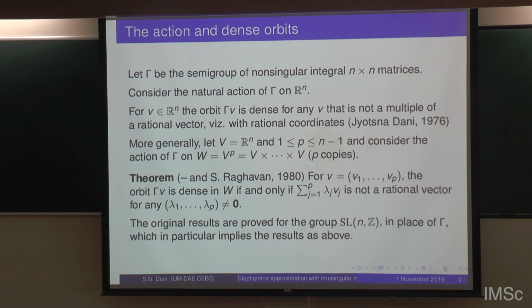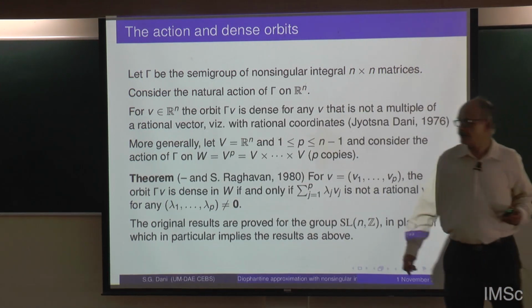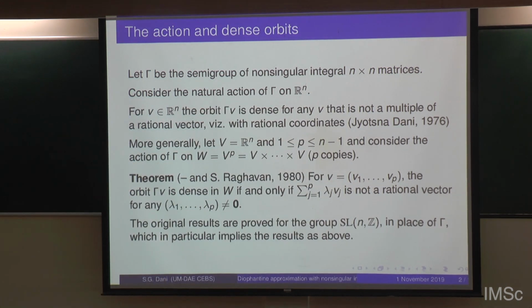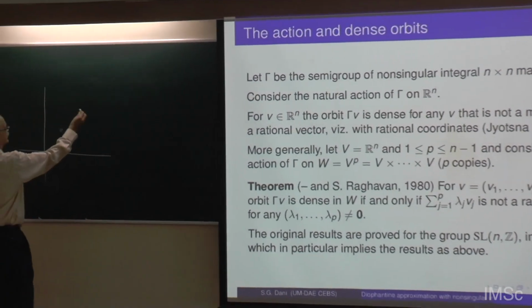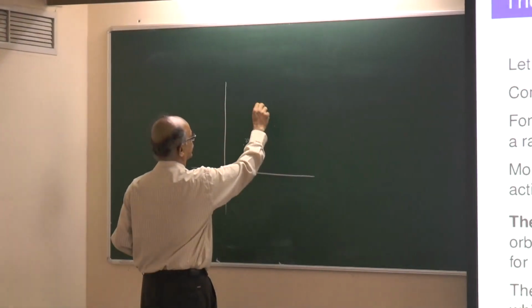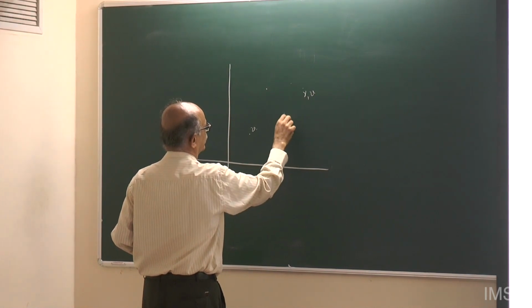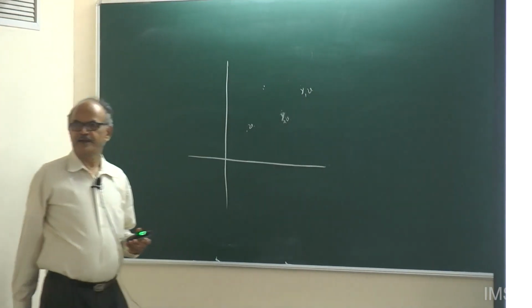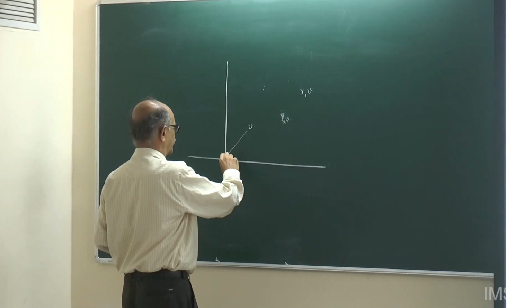then the orbit of gamma... do I have a chalk here? I'll draw only the two-dimensional picture. So you have R2 and a vector v here, and you are taking the orbits of this. So there are different ones: gamma 1 v, gamma 2 v, and so on. And the fact that is recorded there is that if the slope of this